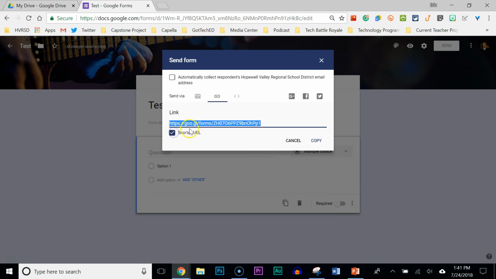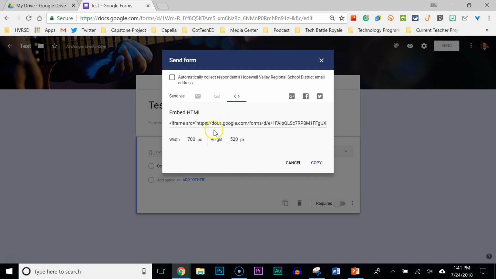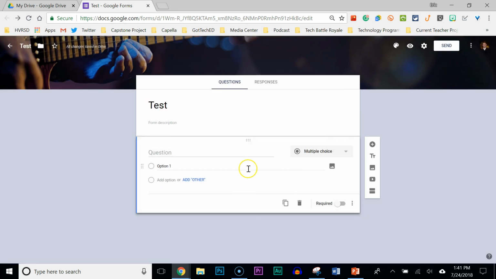I would recommend shortening the link. When you do that, you can copy and paste this into the LMS. If you want to do it by email, you can put it into an email. Or if you want students to get to it via your website, you can get this embedded HTML and put it on your Google site that way. So those are three options in which you can send out your form to anyone that has to